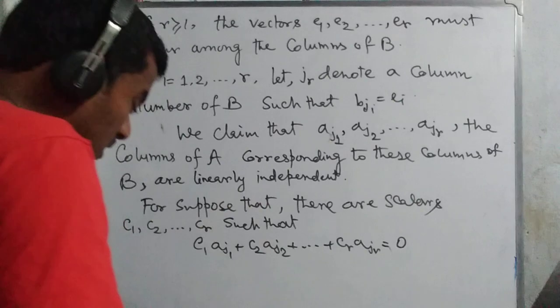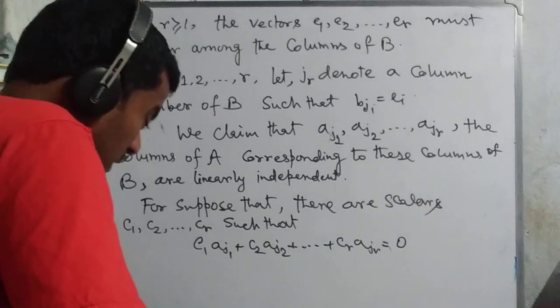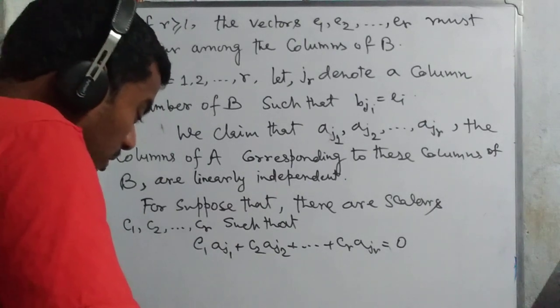Understood? Then obviously we write it, because B can be obtained from A